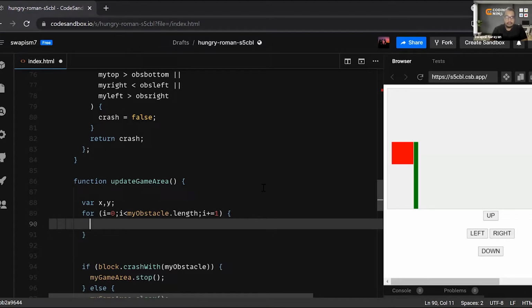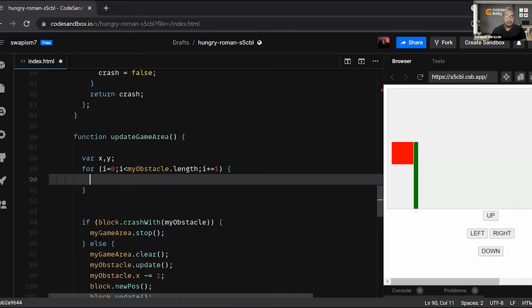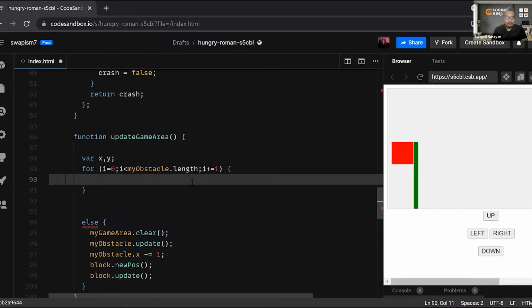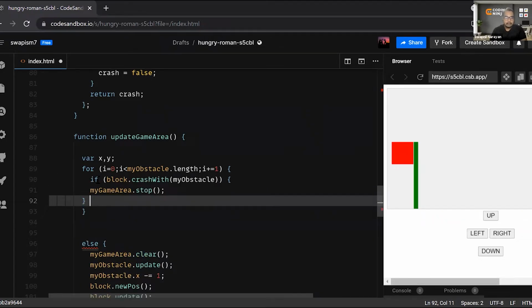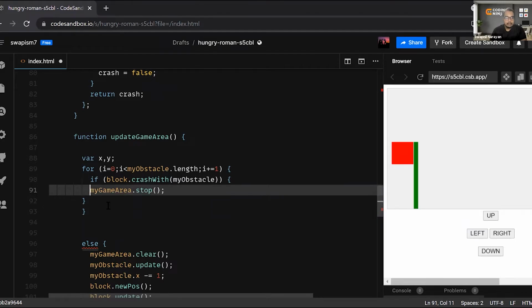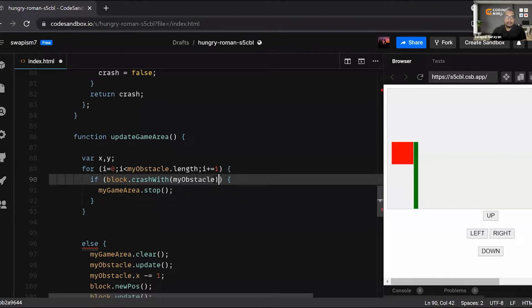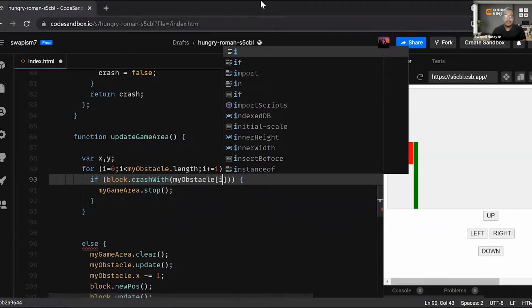Now this particular thing, if my game piece over here is block, I will simply remove this one and do Control X, and I will do this inside the loop. This complete thing will be done inside the loop. If block dot crash with my obstacle, my obstacles are many, right? It's not only one. So I will write my obstacle array of i.